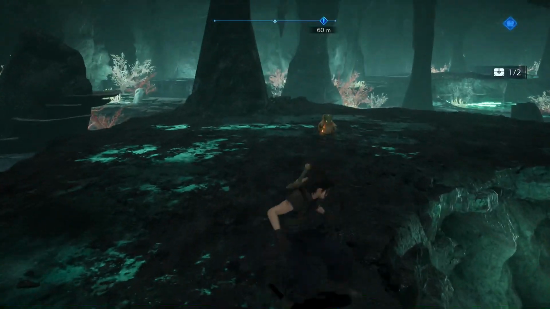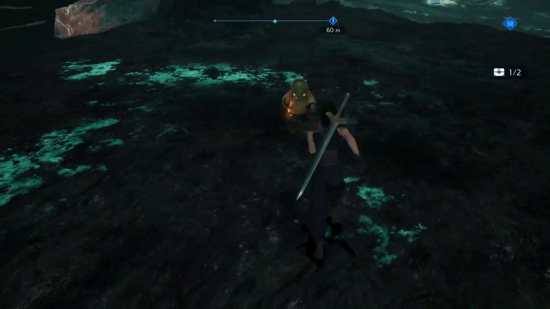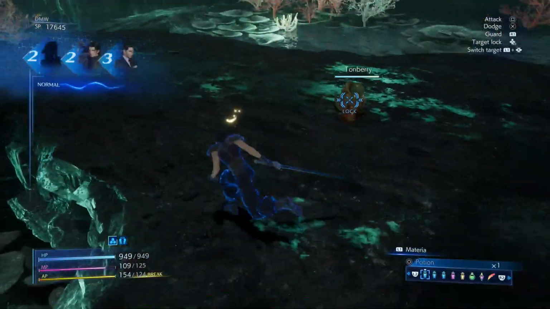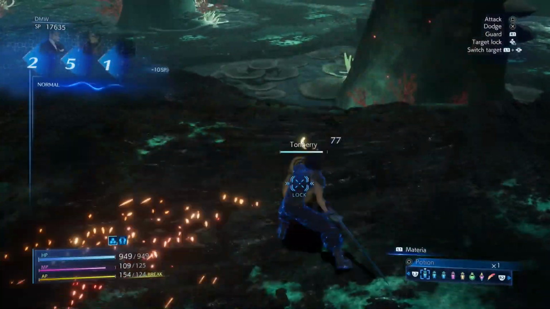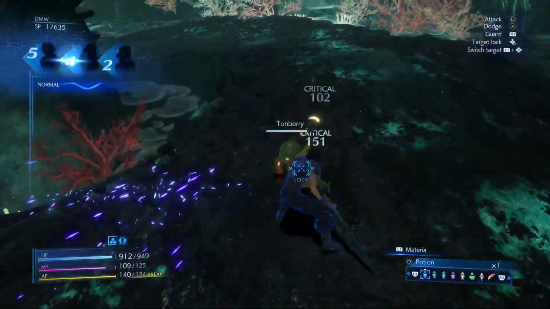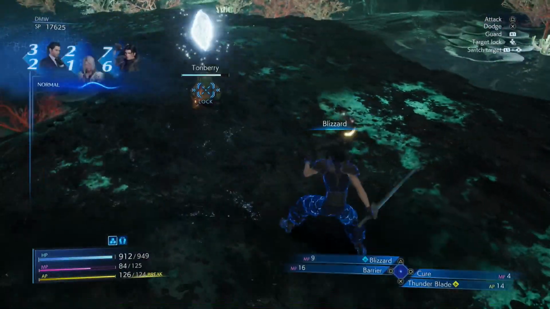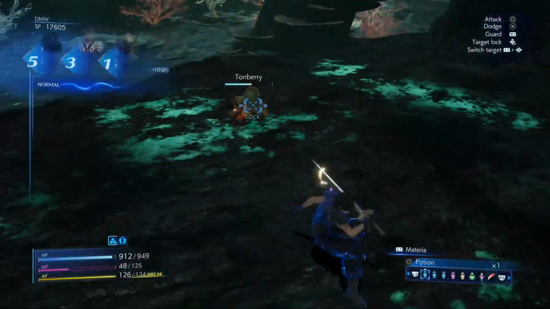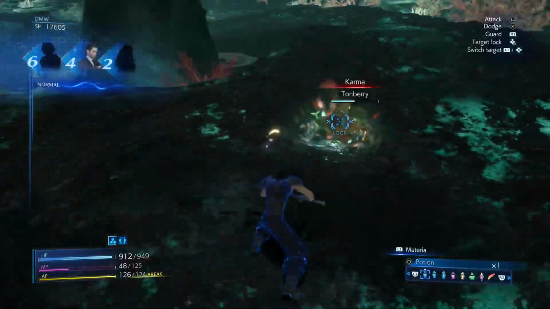Fyra obtained. Yay. Okay, there's a Tonberry. So this guy's important to kill because it unlocks the Tonberry quests for us to get his eventual summon as well. As you can see, also he has an obscene amount of health. This original Tonberry